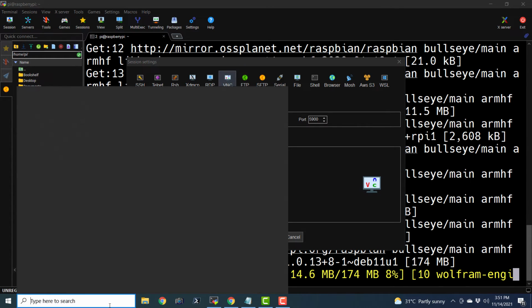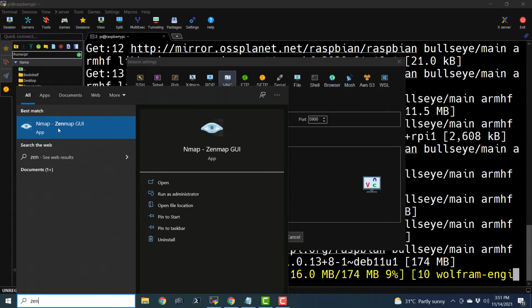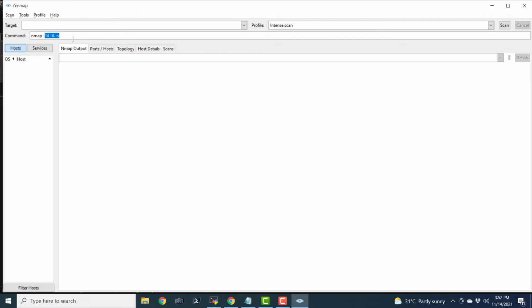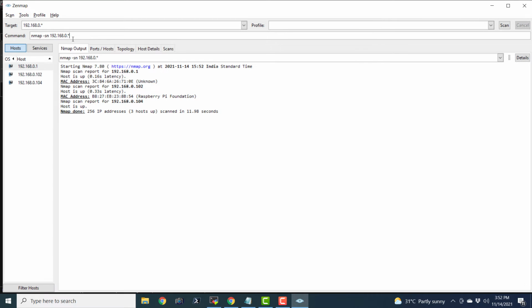Or let us run the Zenmap utility. I'm really sorry, I have forgotten the IP address of the Raspberry Pi we are connected to. We know the command nmap -sn 192.168.0. I have already disconnected my Android mobile phone from this Wi-Fi, so it should not show many computers connected in the results. It should show the Wi-Fi router, Raspberry Pi, and my computer. So this 102 is the Raspberry Pi. Let me copy this.